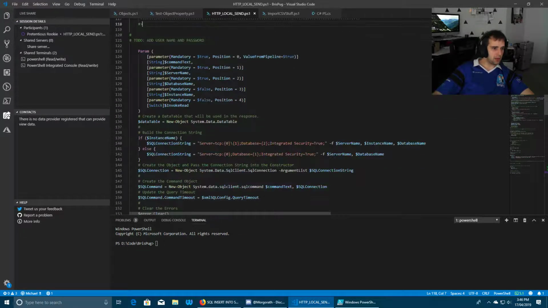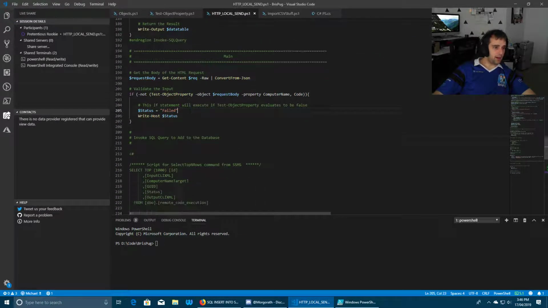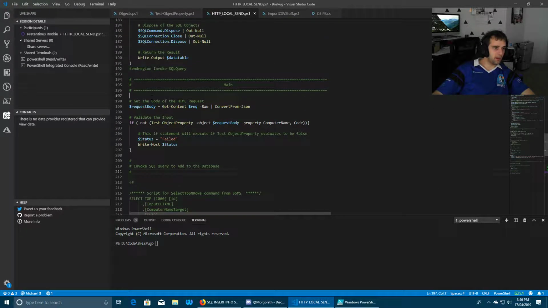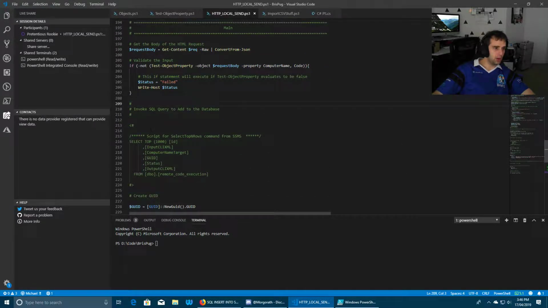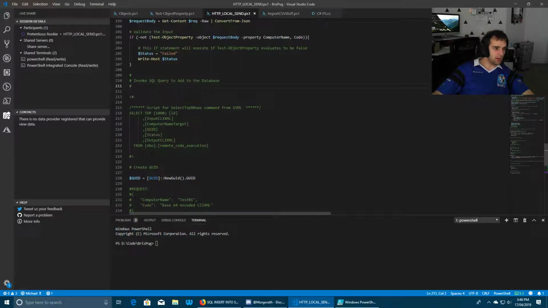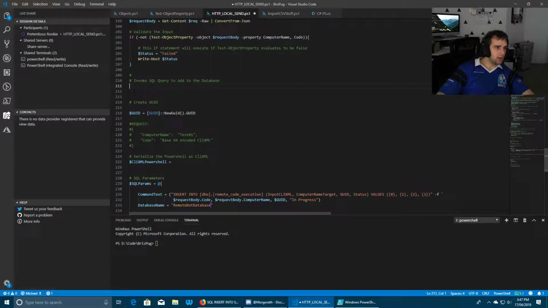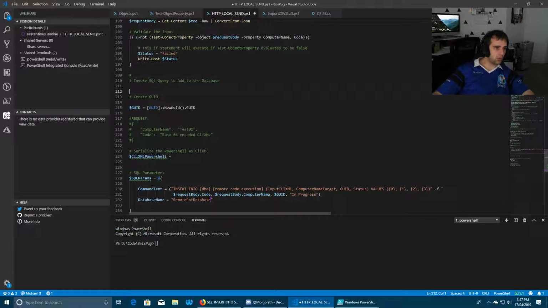So we can add username and passwords. So let's say we've got that part done. We basically got our body, validated the input. We're going to invoke the SQL query to add to the database. We can get rid of that. Clean that up. We need to create a GUID, so we might as well do...